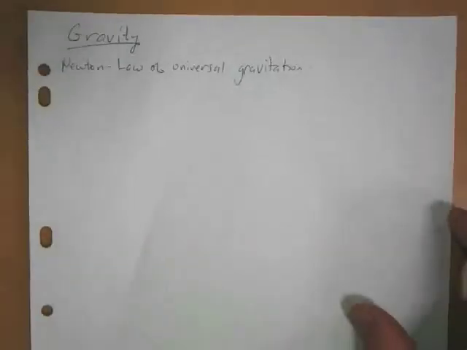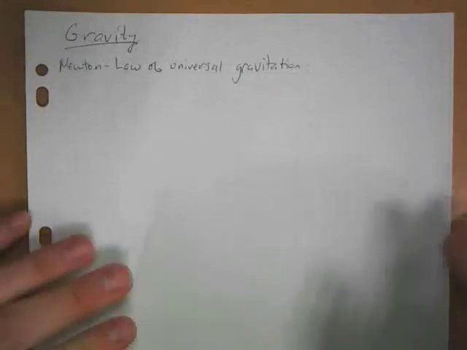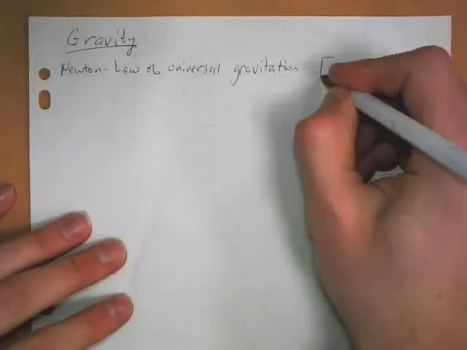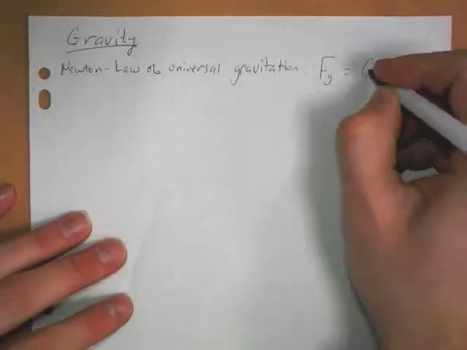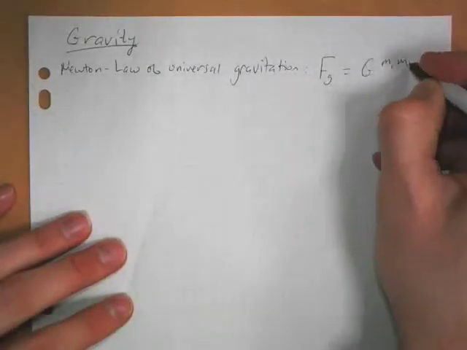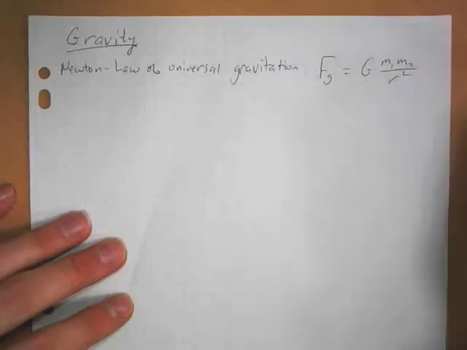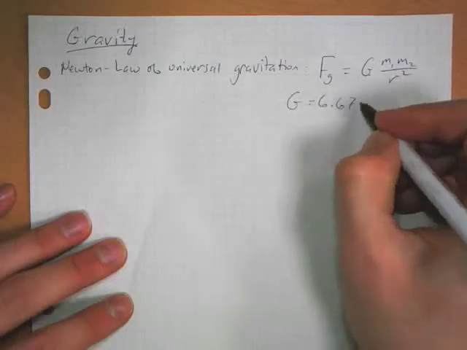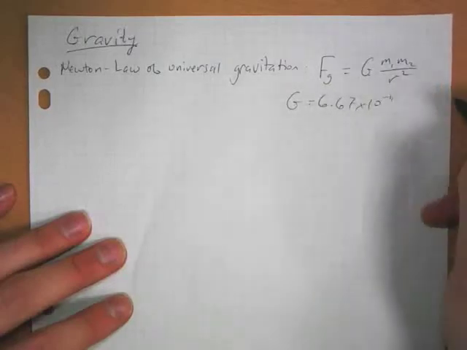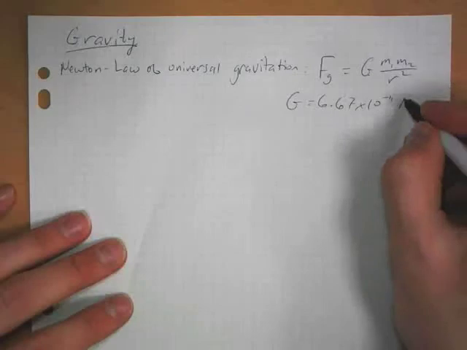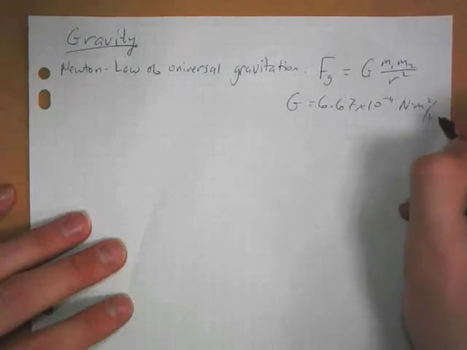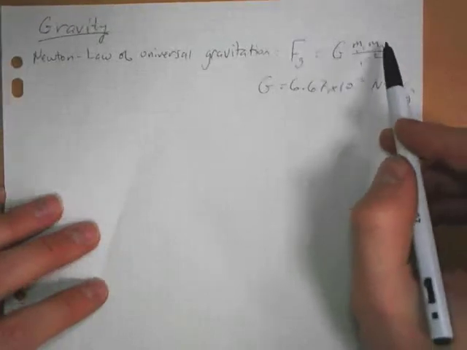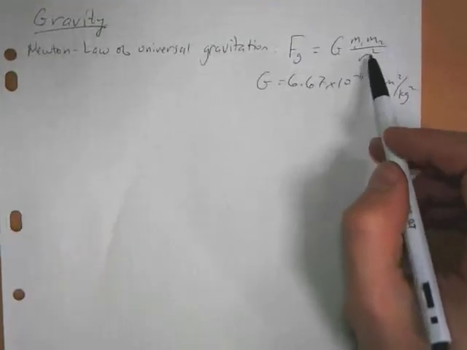You guys, I'm sure, have already heard of Newton and his law of universal gravitation. And I think we talked about the equation that gravitational force is equal to G mass 1, mass 2 over R squared. G is a constant, 6.67 times 10 to the minus 11th, and it has goofy units, Newton meters squared per kilogram squared. And the masses are the masses of two objects, and R, in this case, is the distance between the centers